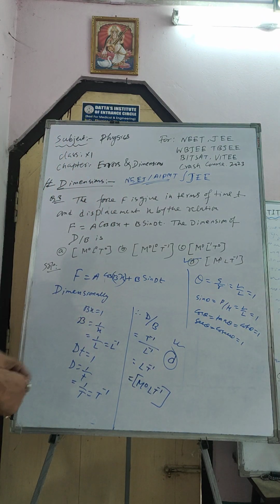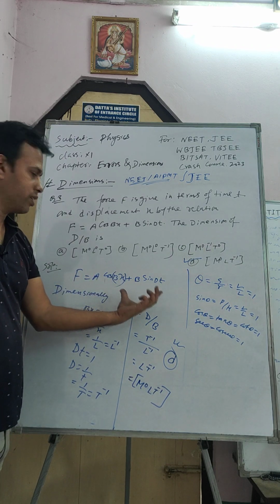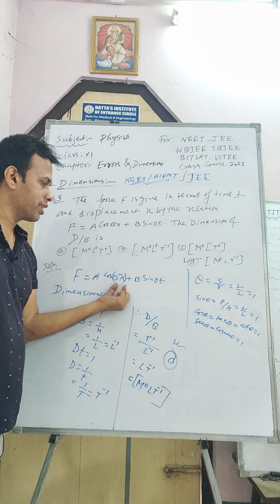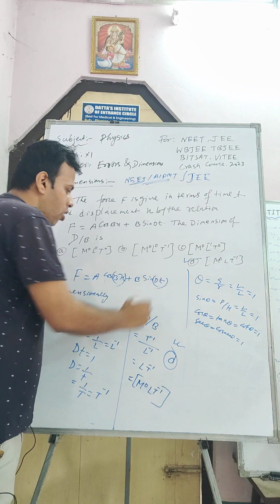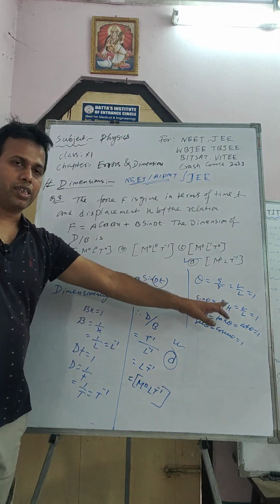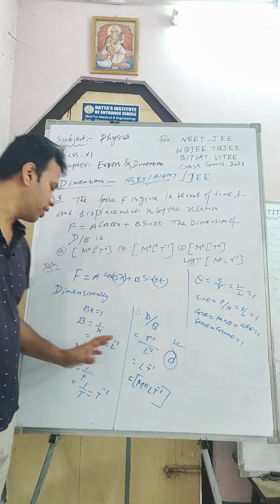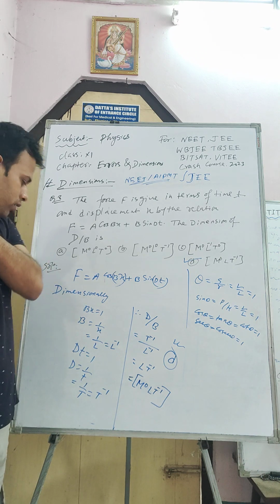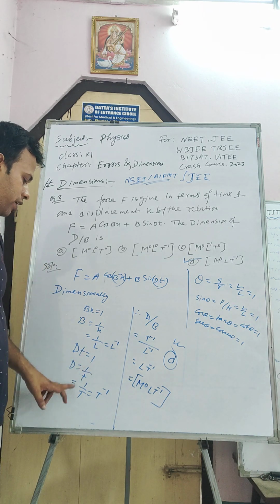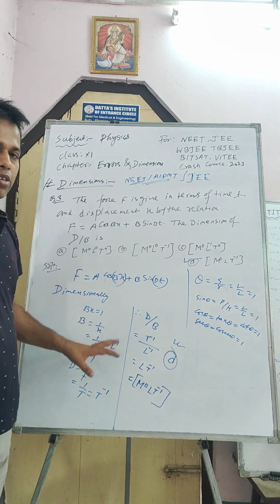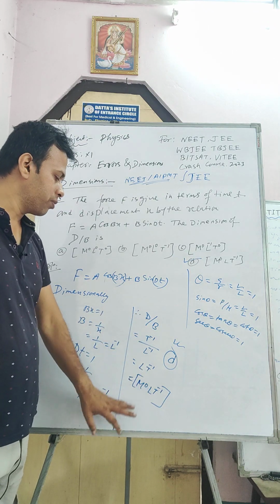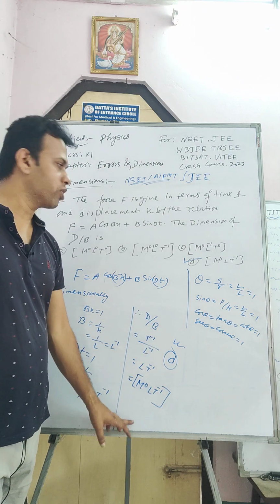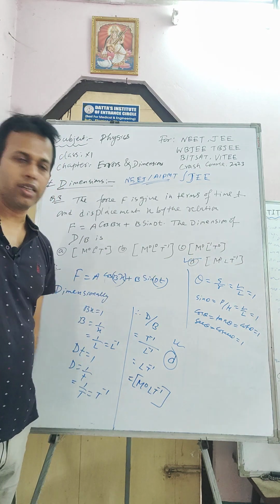Sometimes they give the equation like a cos bx plus b sin dt. After cos, this one is angle theta and this one is also theta. You have to remember all angles are dimensionless and all trigonometric functions are dimensionless. From that we find bx equals 1, so b equals 1 by x, that is 1 by L, L⁻¹, and dt equals 1, so d equals 1 by t, that is T⁻¹. Now we have to find d by b. I put the values of d and b, and after simplification LT⁻¹ came. So the dimension of d by b will be M⁰LT⁻¹, which is option D. So option D is the correct answer.